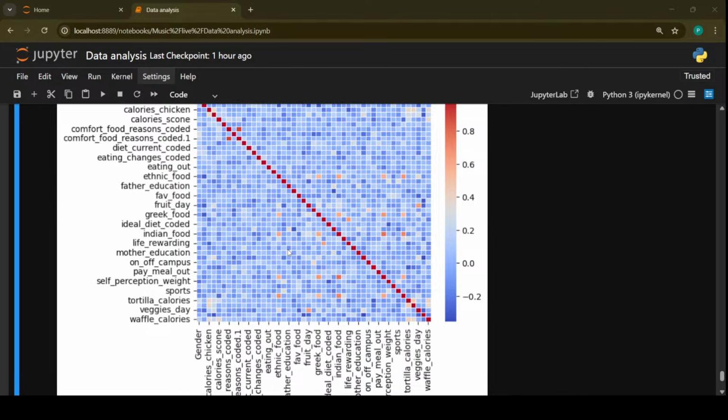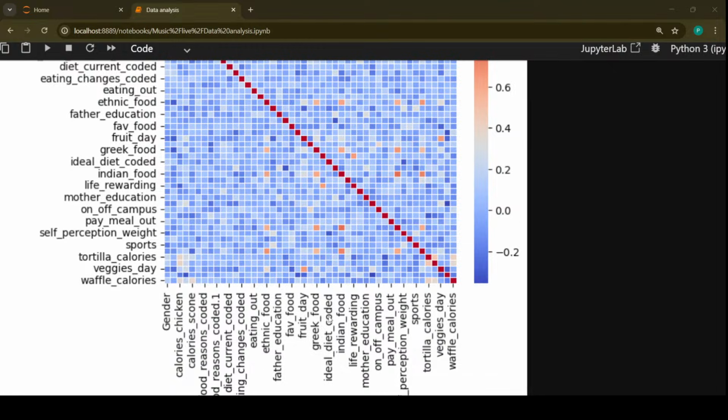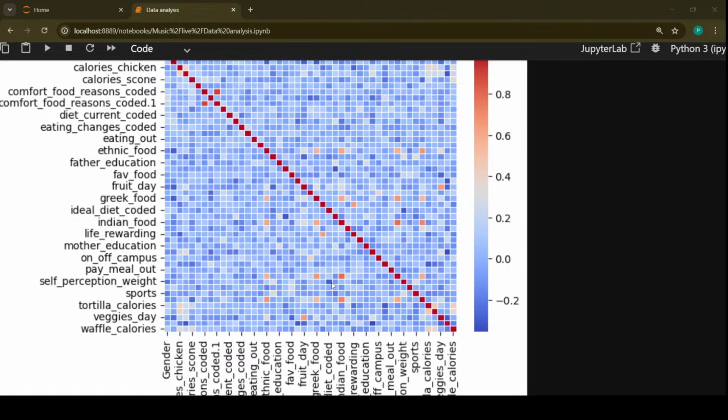that with the increase of, suppose, if you're not eating fruit a day, there could be something in which you are getting deficient, in your overall performance. Suppose, let me just give you an example. Okay, let's take this one. Self perception weight, ideal diet coded. Okay, so